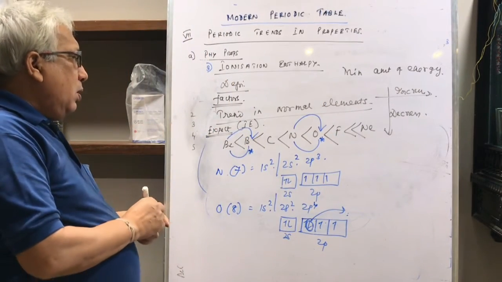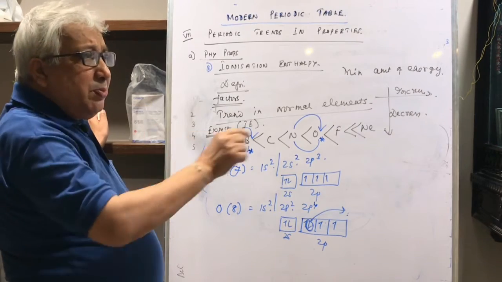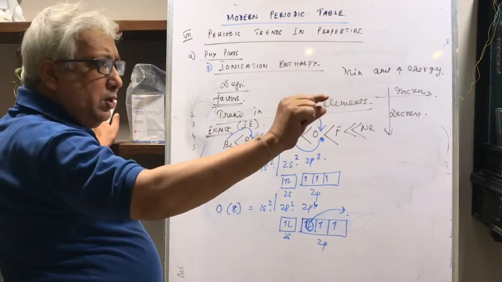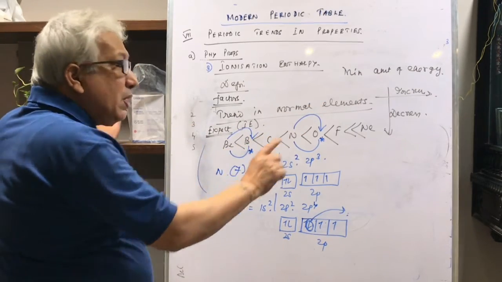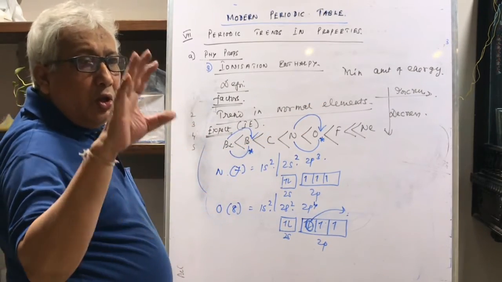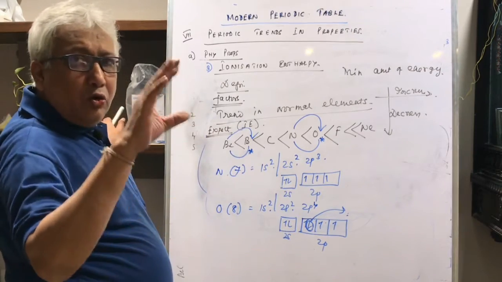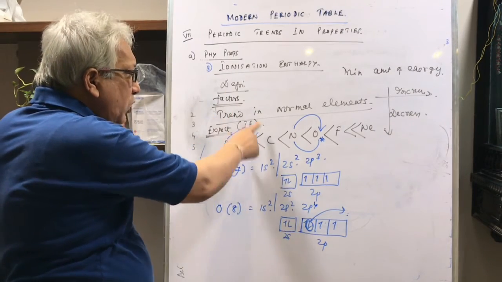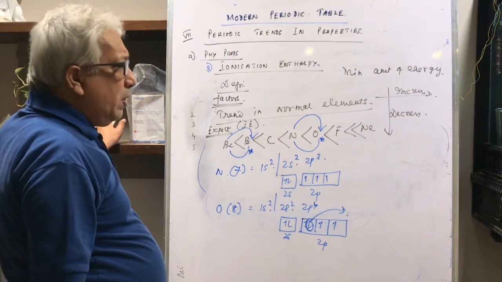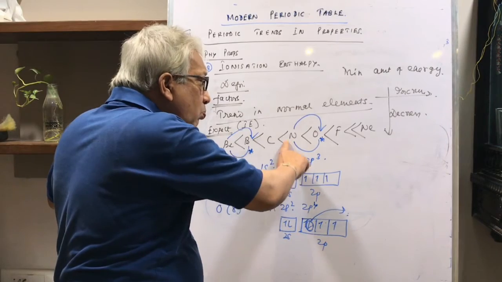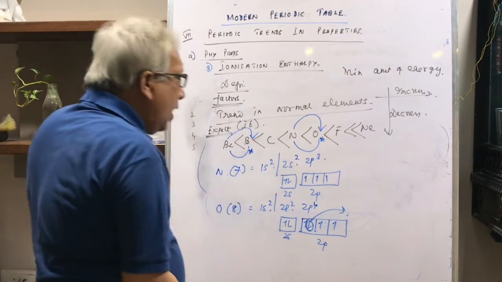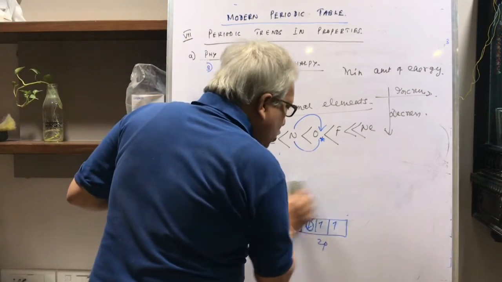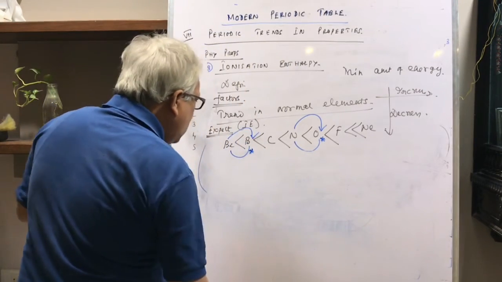So remember, the certain discrepancies that you find along the period can be explained only on the basis of outermost electronic configuration. Like beryllium having more stable configuration has got higher ionization enthalpy than boron. Nitrogen having more stable configuration has got higher ionization enthalpy than oxygen, and therefore the actual trend in the ionization enthalpy,